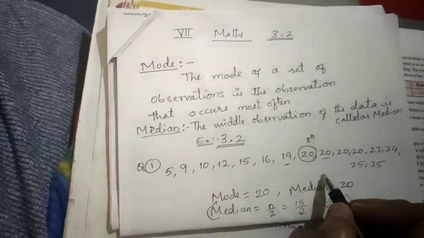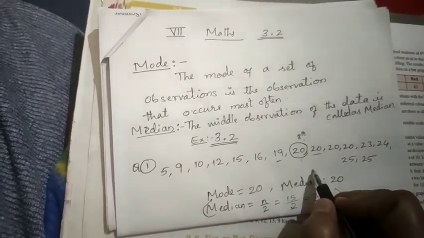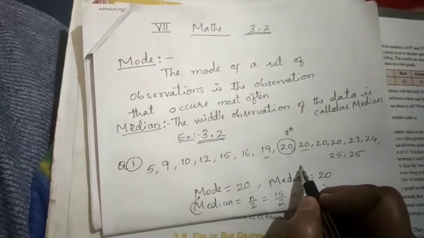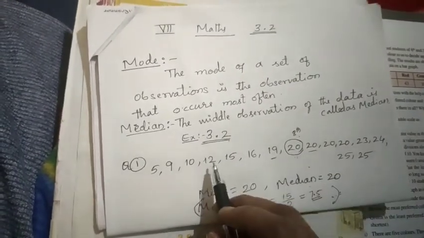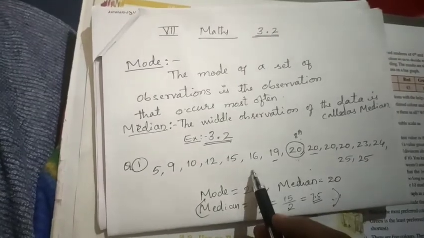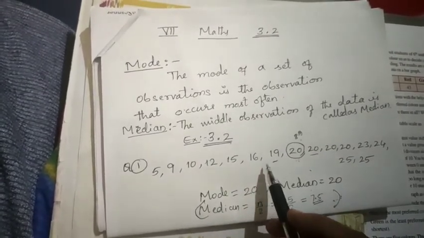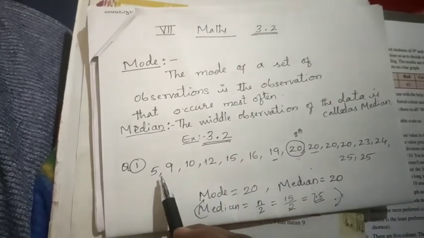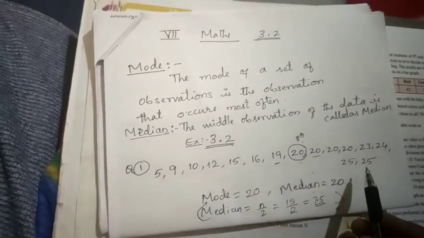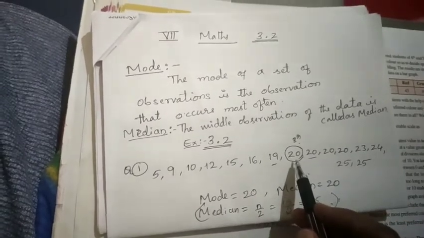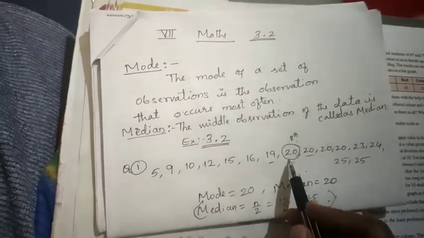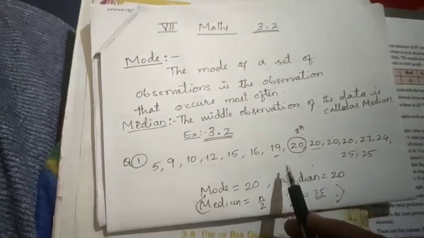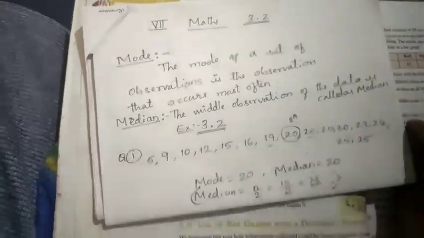So the first method is also correct according to the formula. If you want to find it using the formula, you can. Otherwise, you can follow this first method. The same number of observations you have to count from left to right as well as right to left. Underline them. In between, you will get only one. That is the median. That median is nothing but the middle value, the middle observation. Okay, this is the way.